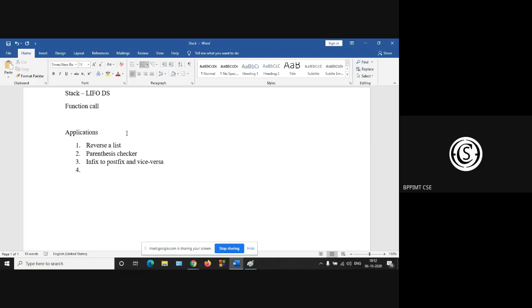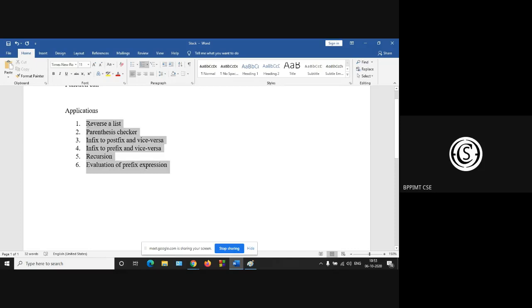Similarly infix to prefix and vice versa. Recursion, most important, recursion, and evaluation of prefix expression. So these are some applications of stacks.